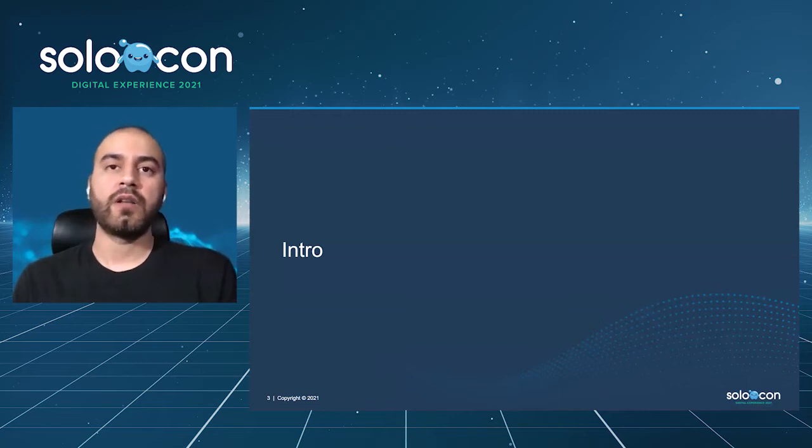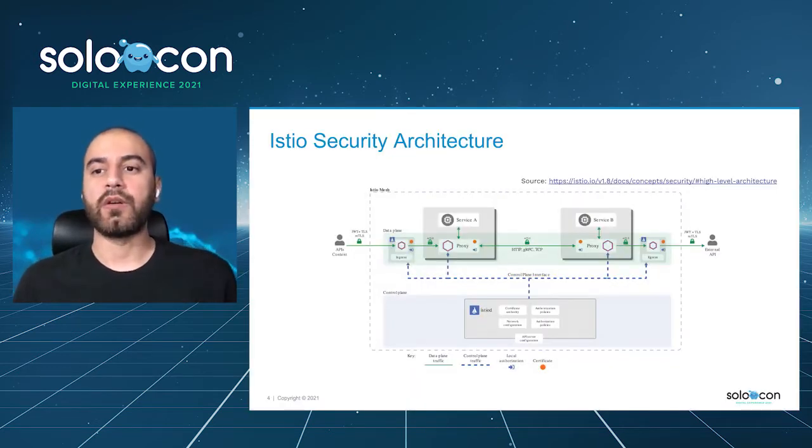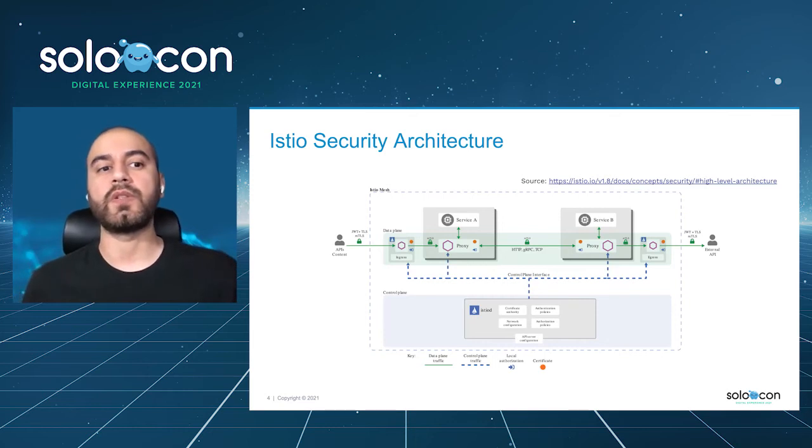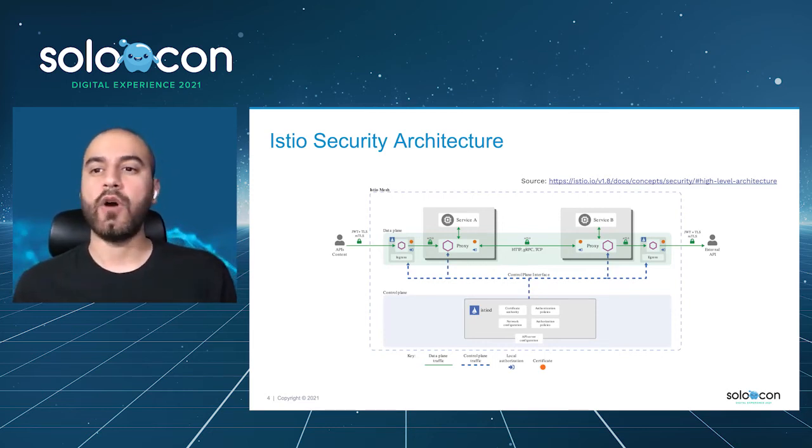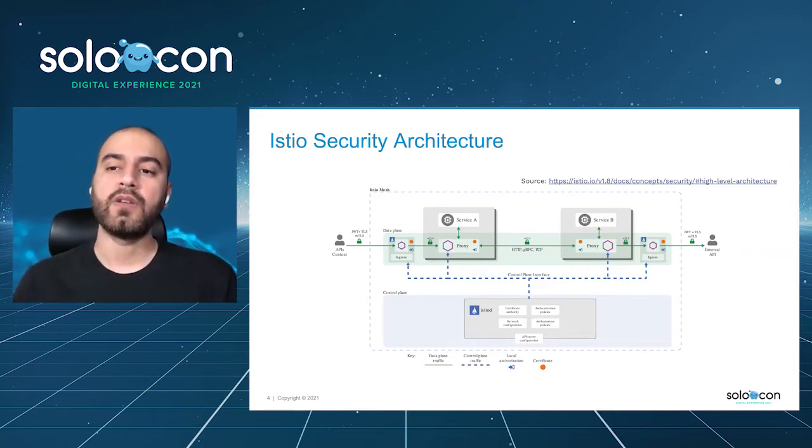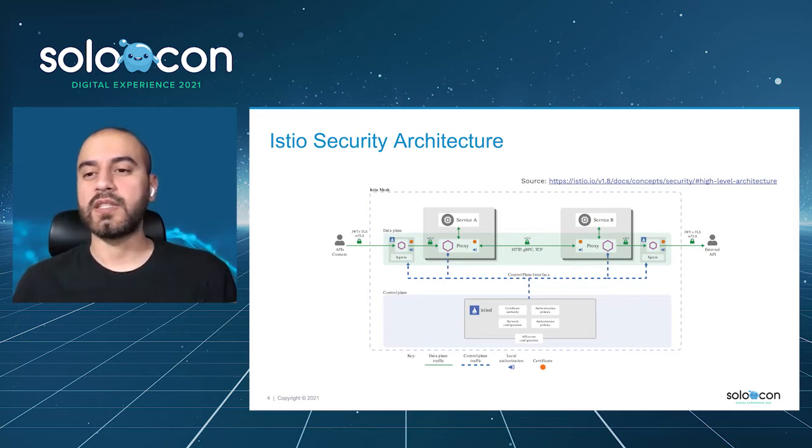So to get started, let's take a look at Istio security. This diagram comes directly from the Istio documentation. It is a high-level overview of the Istio security architecture. Down at the bottom, you have the control plane. This is where you apply your policies or configuration, more than likely to your Kubernetes API server, stored in etcd or whatever the configuration store is. Then it's translated by the control plane and sent to the various proxies that are part of the